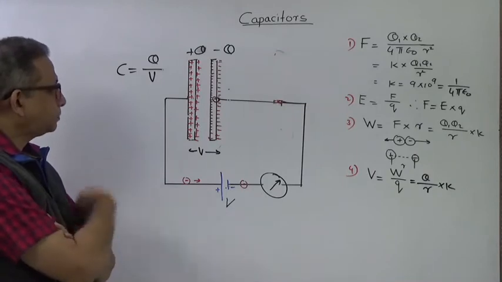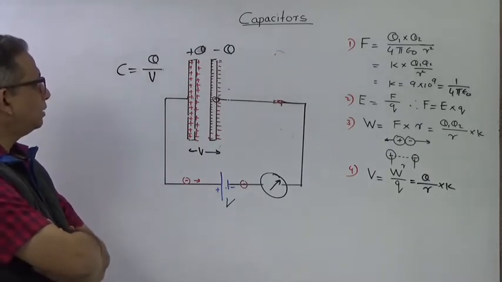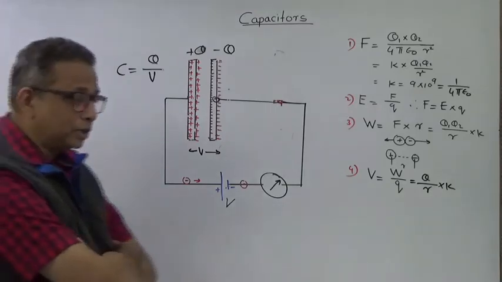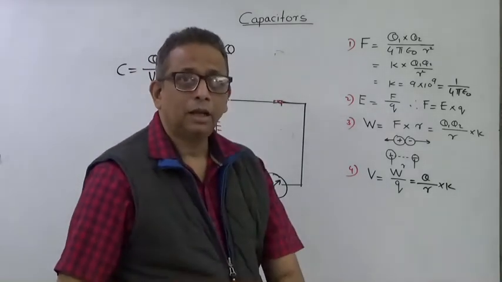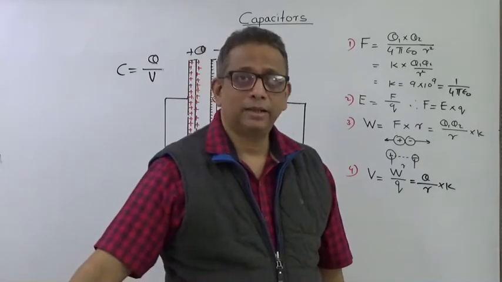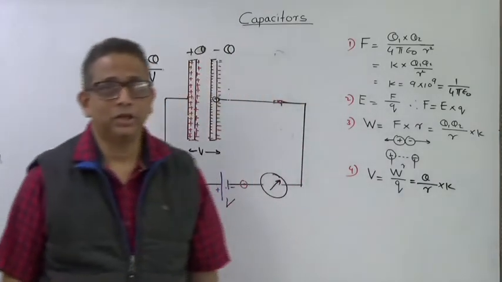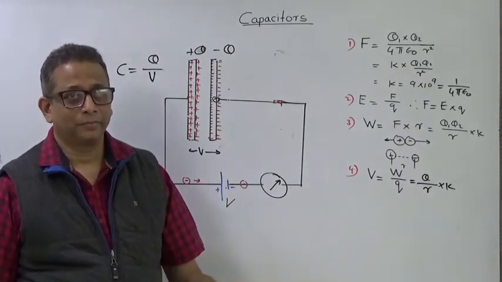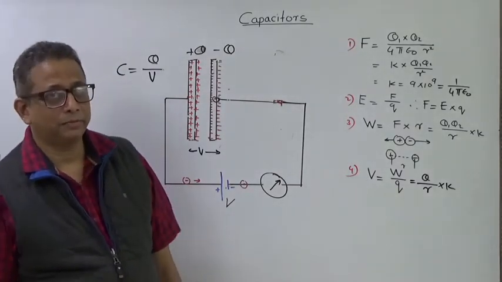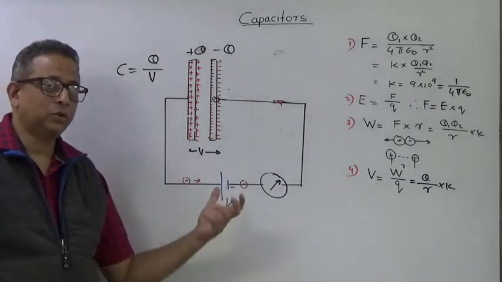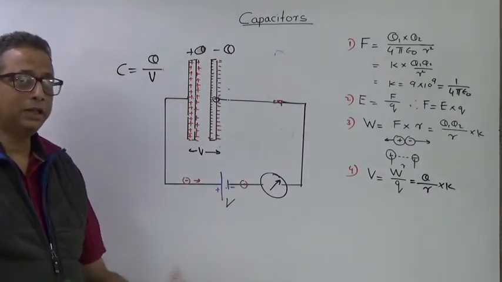Now let us try to find an equation, like after studying lenses we had the lens maker's equation. So this will be a capacitor maker's equation, an equation by which a capacitor is manufactured. Now that is what we will see in the next session, if you have understood this concept of charging of a capacitor.